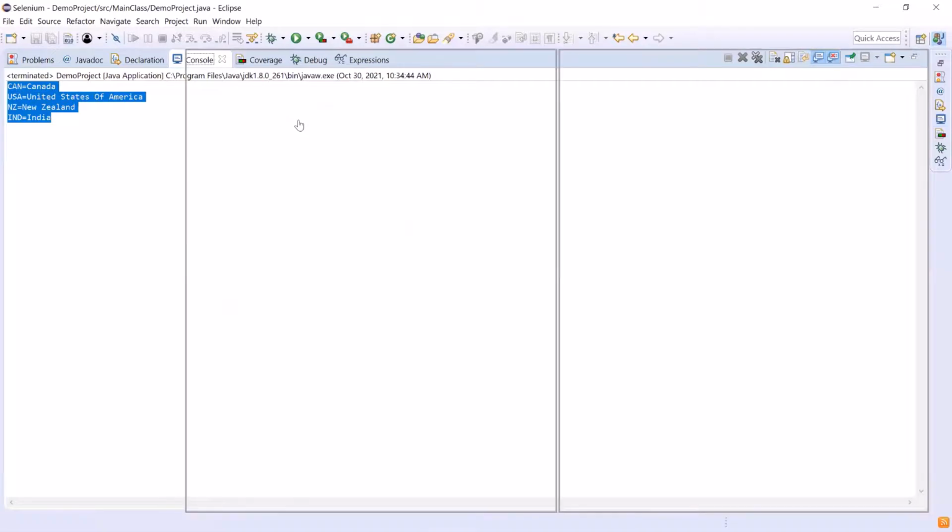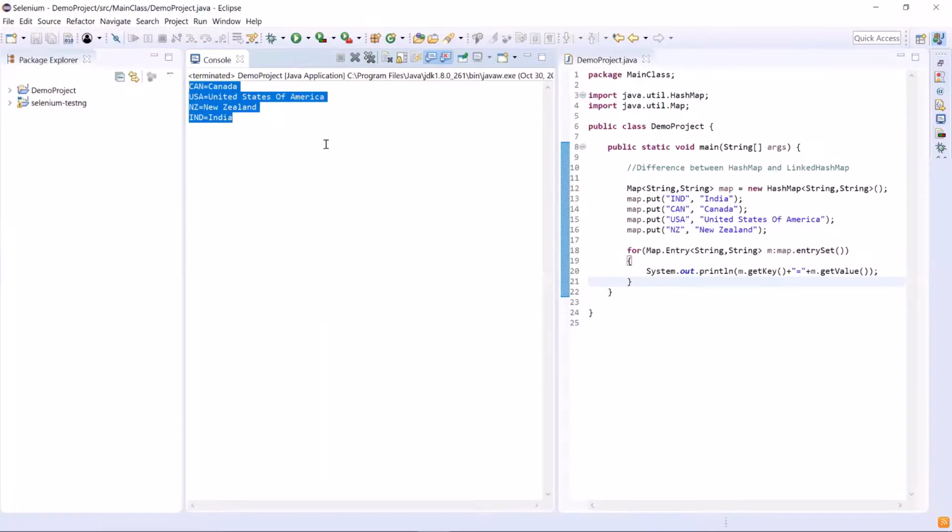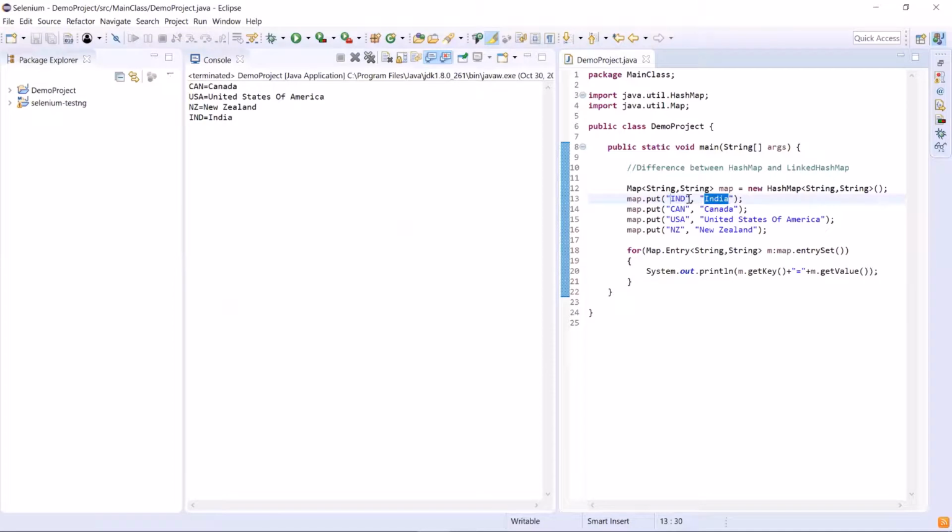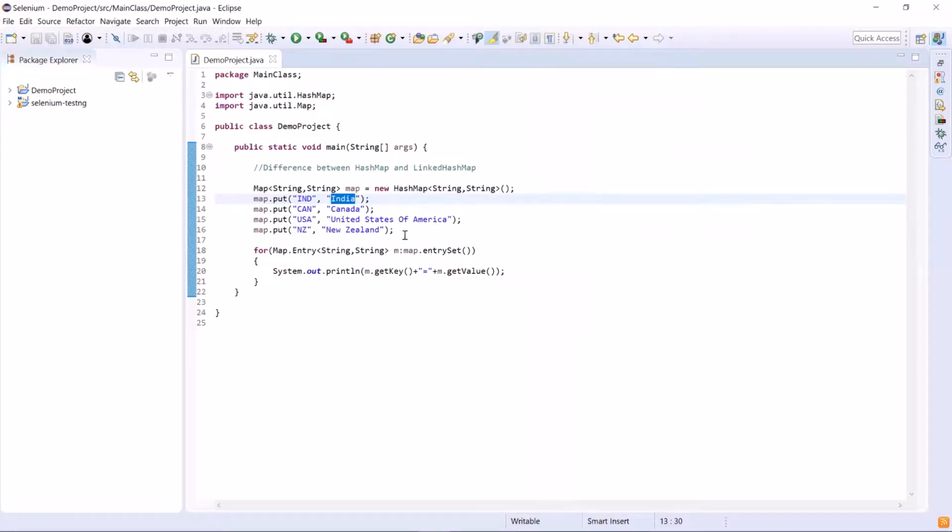And if you notice the order of the item, then you can see that the hash map did not maintain the insertion order. We added our first value as IND, India. But in the console, you can see that it returned the first value as Canada. So hash map does not maintain the insertion order of the elements.